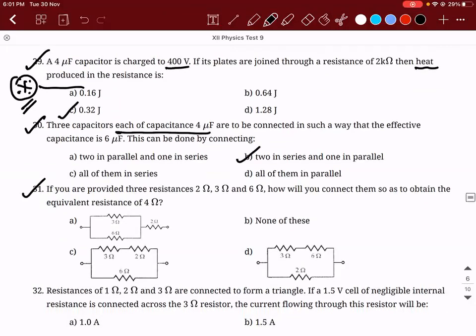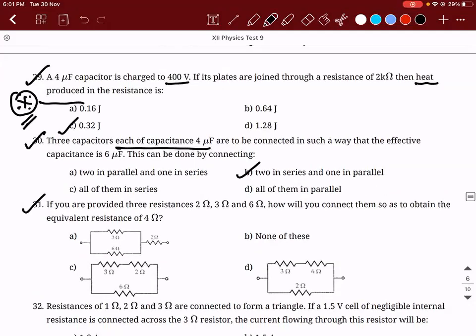So for the 29th question, similarly, in case of inductor, we'll be finding only half Li square? No. In the case of inductor, it has some resistance by default because inductor is also wire. Okay. So there we can use I square. No, there it is not going to happen because there is a completely different scenario. First of all, try to understand the concept here. This has a positive charge, this has a negative charge. What will happen when I directly connect them using a conducting wire? This is what we call a short circuit.